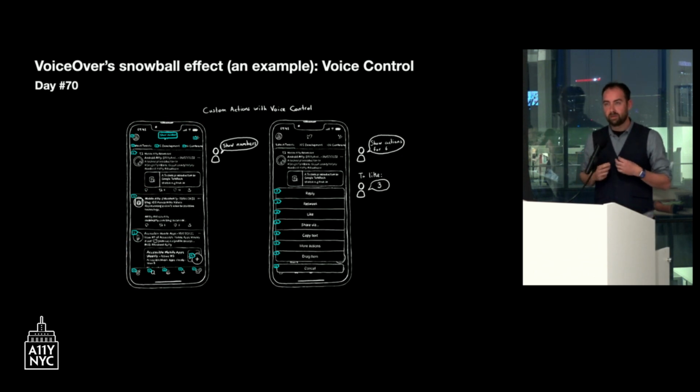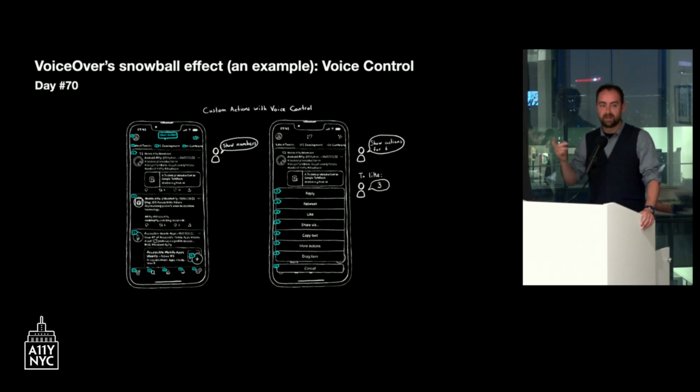Because voice control doesn't have this issue of an expensive navigation, by grouping things together and hiding the custom actions, you actually have an extra step to get to them. Otherwise, a user could just say something like "tap like," and then you'd have a label on every single like button on the screen, and you could say "tap 1," and that's it. But as you can see, I don't think the main problem here is discoverability, because not every user may know about this command of show actions, for example.